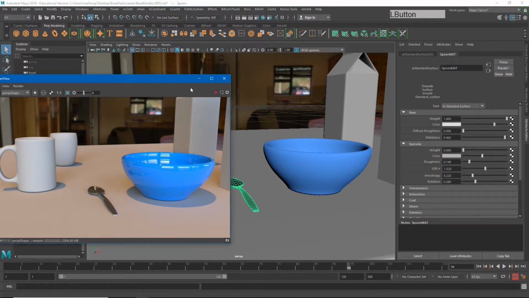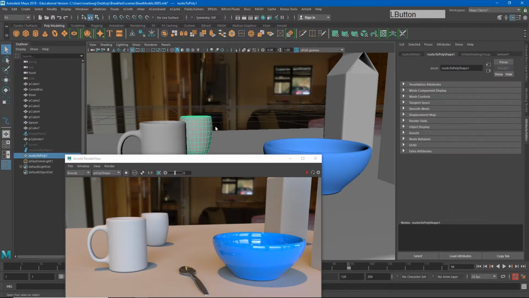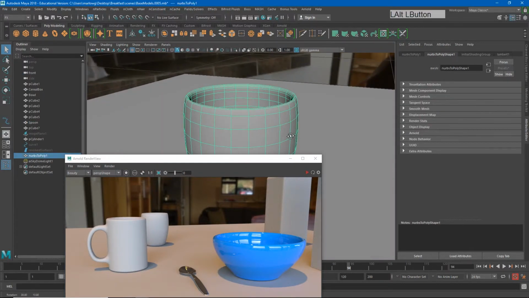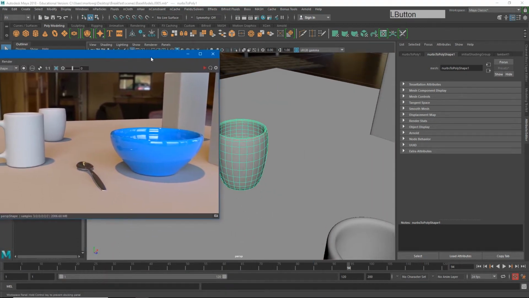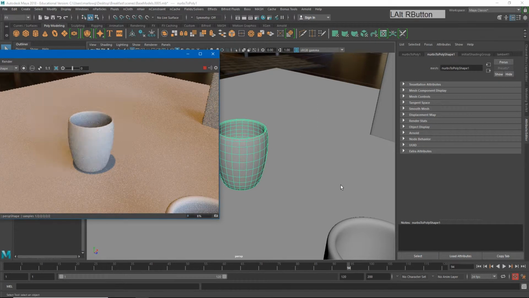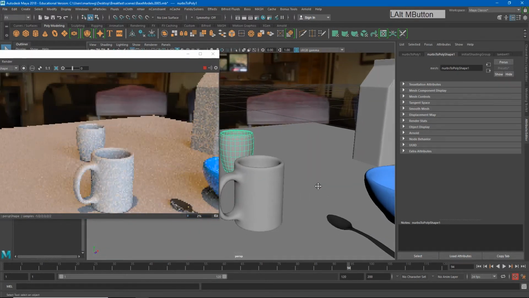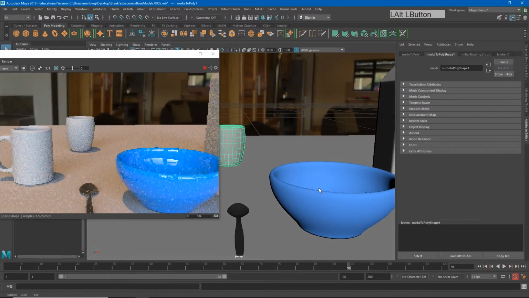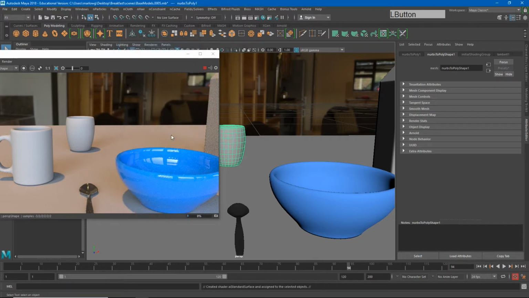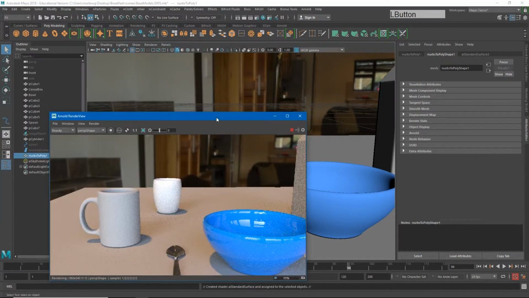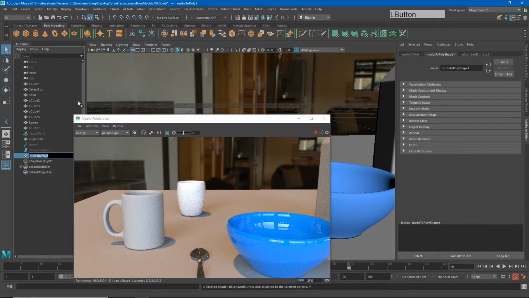Now I want to talk about one more object in our scene before we move on, which is this glass. If I go to this glass, I want this glass to seem as transparent as possible. Now I'm going to go ahead and hit play so we can look at this. And I want to talk about how there's a couple of misleading labels in some of these materials. If I right click and assign a new material, I'm going to assign again the aiStandardSurface. And I'm going to make sure that I have labeled this glass